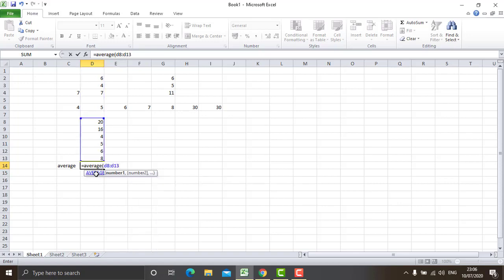You can see the entire range is highlighted, and bracket close. As I close the bracket and press enter, the average comes here. It is 9.8333.